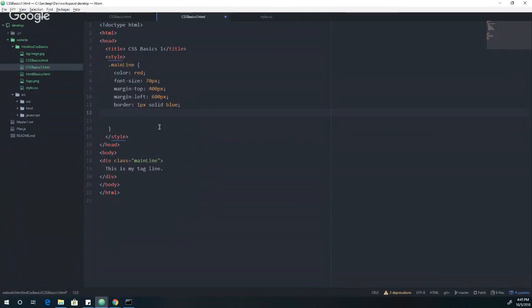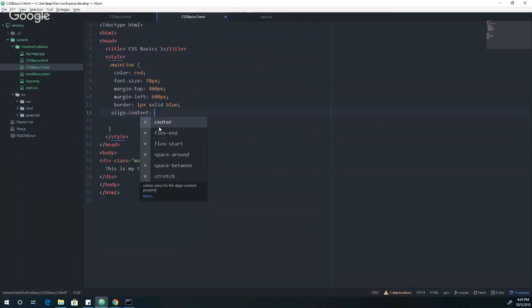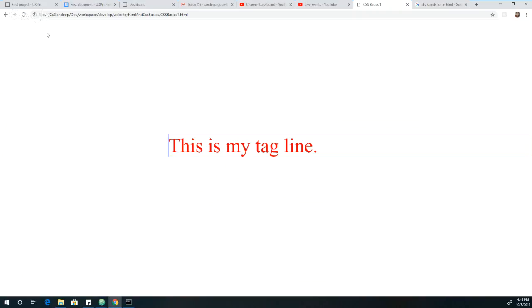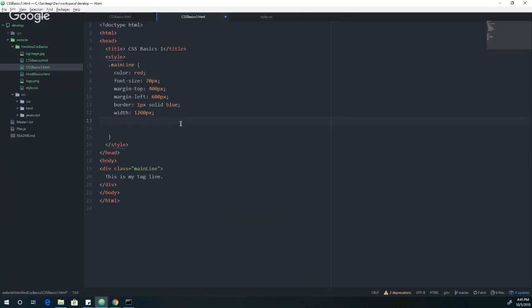What is the vertical align? Border means the border will come like a boundary around the text. Let's say I say width equal to 120 pixel. This is all we are learning right now, CSS. These are different CSS